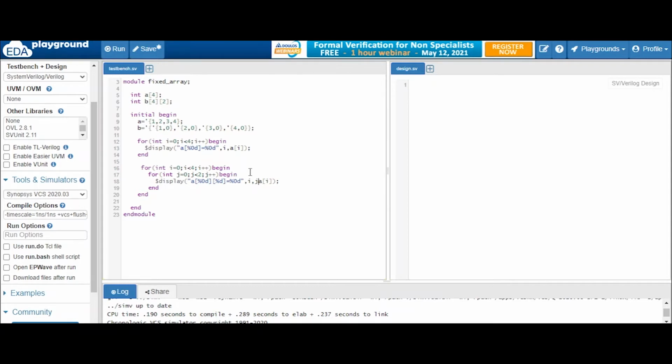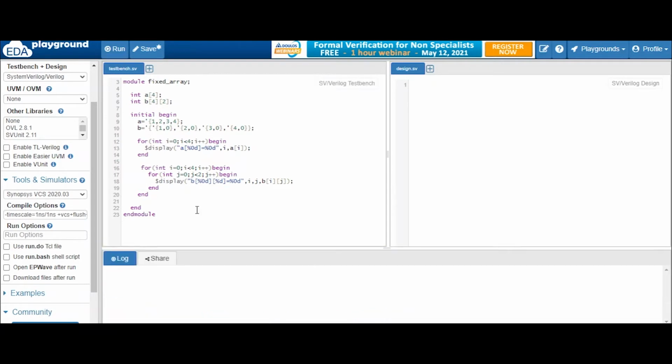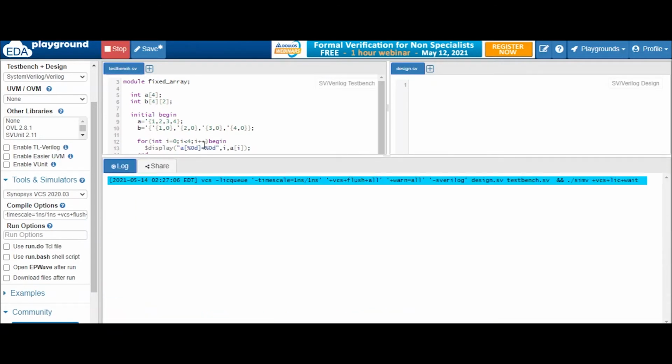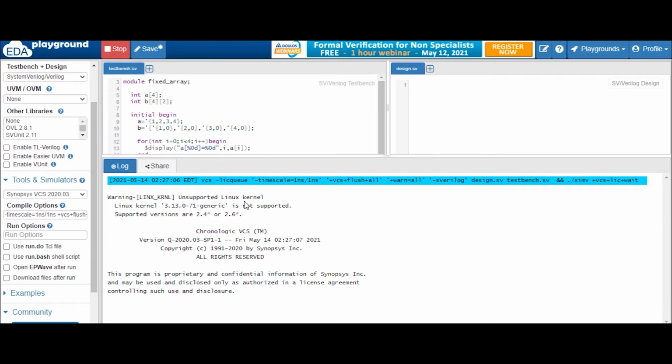So this is i and j, and the element is a. Now it's not a, it's b. As it is b, we will make it b here. Now let's display the elements and see whether we are getting the elements for the two dimensional array or not.